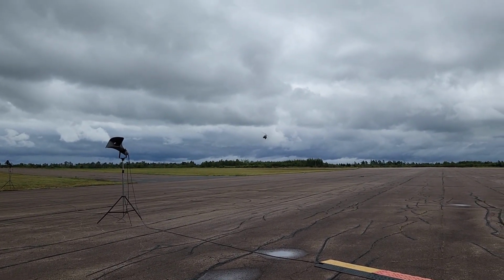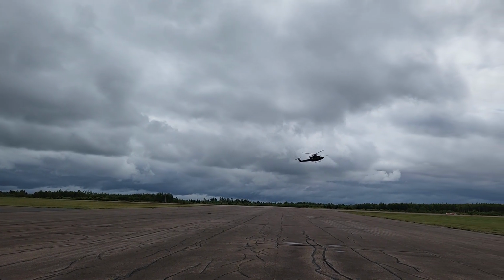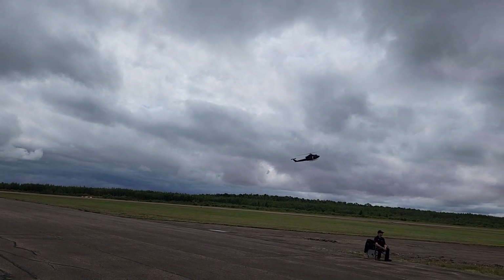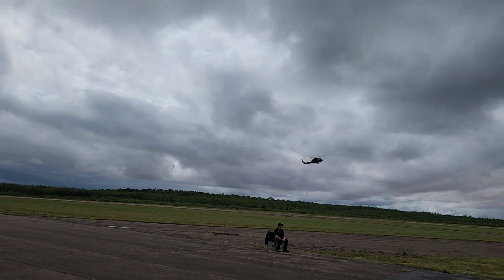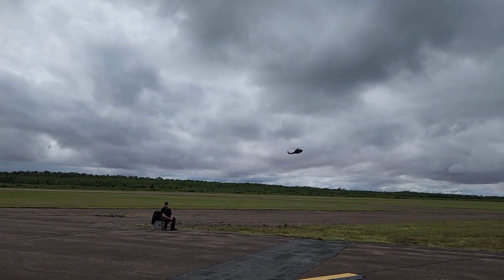I was pretty fortunate to be based out west in Edmonton, with the squadron there. Out west, obviously, we had the mountains in our backyard, and flying the Griffin low level through Rogers Pass, it's just